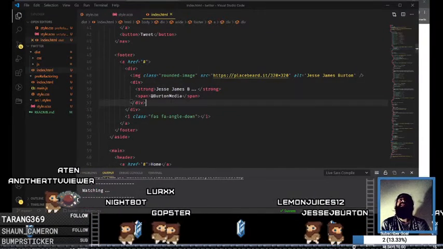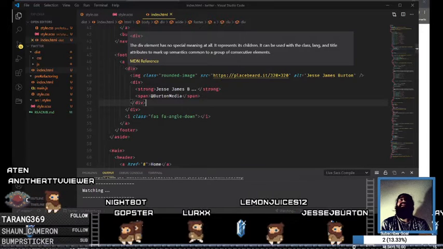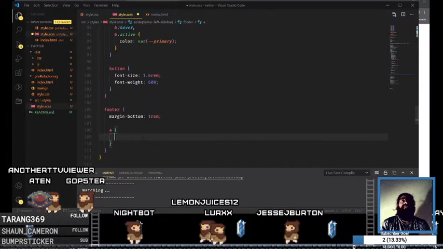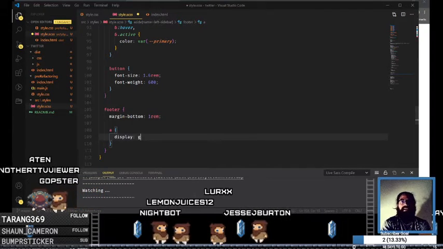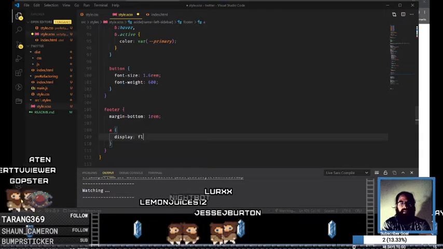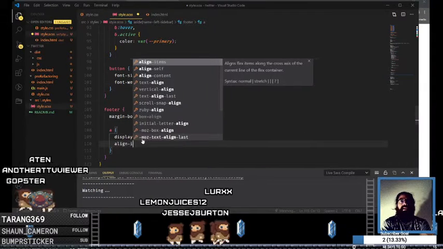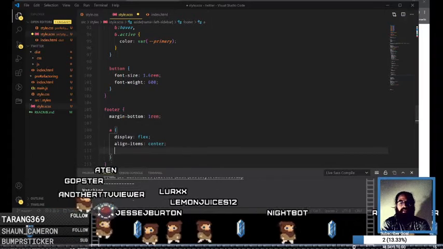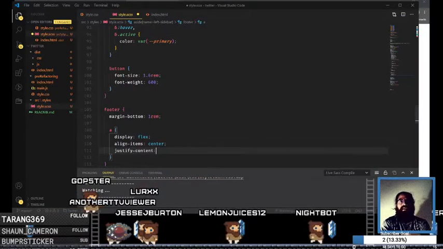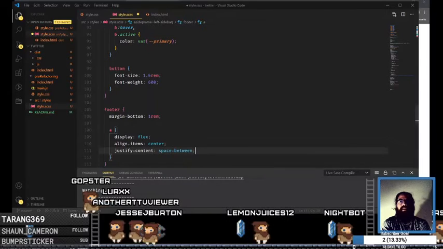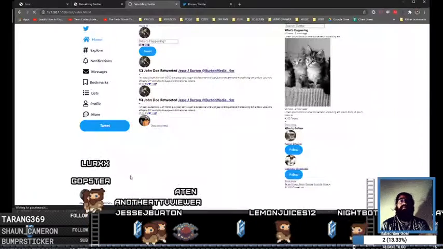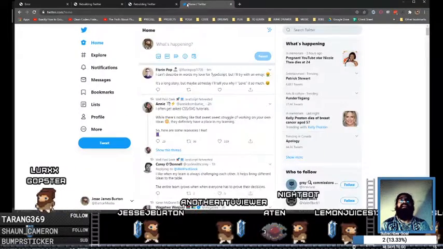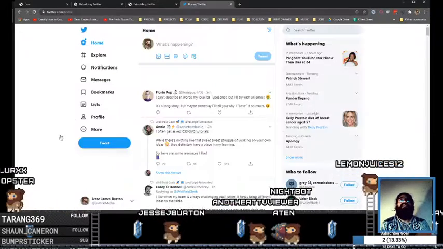And then we've got, so make the anchor display flex. Display flex. Align items center. Justify content space between. Good, so that gives us that. And then